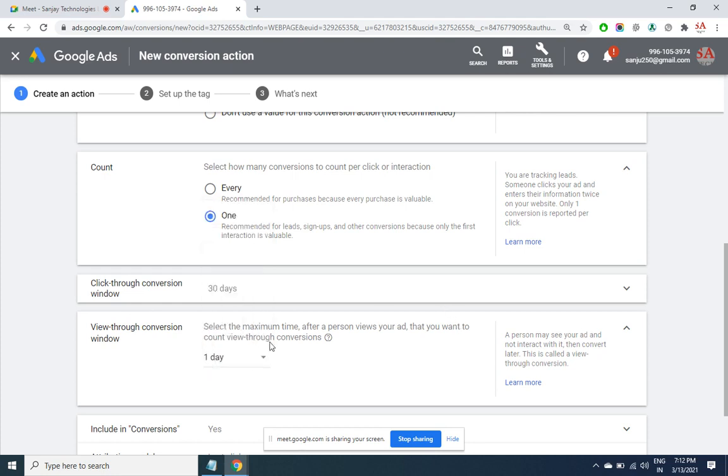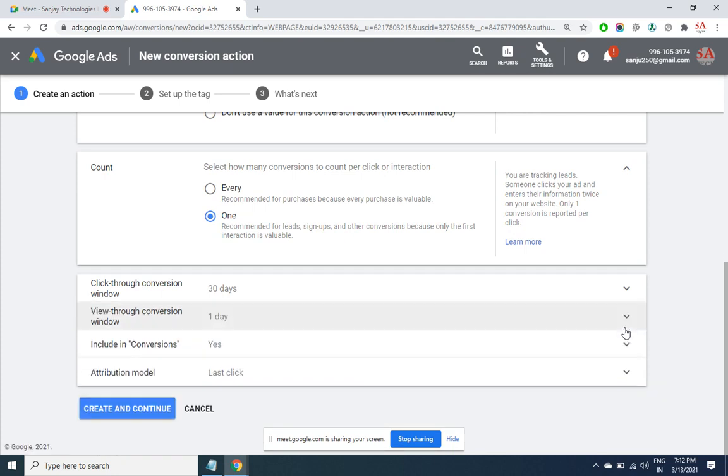The more lenient you are, the more frequently your ad will get displayed, including conversions. You may create several conversions, but if you select yes here, then Google will understand that while you are applying for a CPA option, this is the conversion that it'll be referring to. Right now I am creating a conversion for sign up. I can create one more conversion for the same website, maybe for online payment. But while running an ad, I can choose only one CPA. I can't choose sign up as well as admission. So the one for which I have selected yes is the conversion which will be referred to while I am running the ads. Hope the point is clear, there is no confusion.